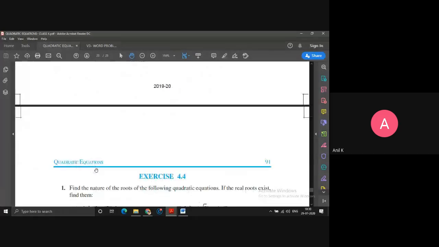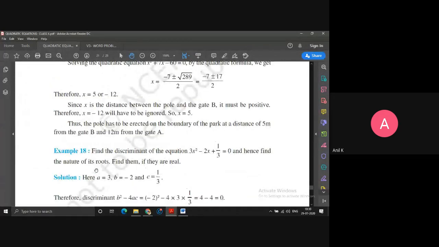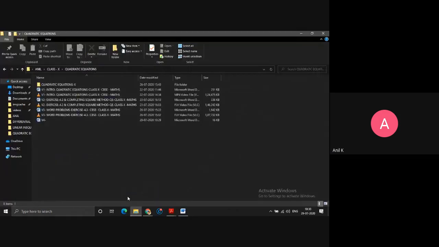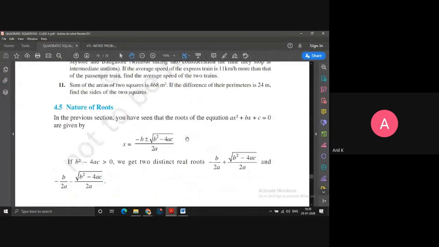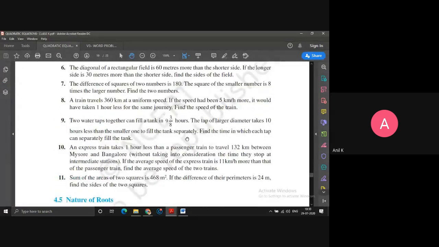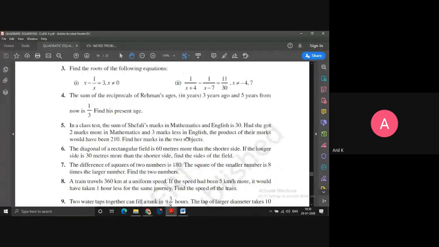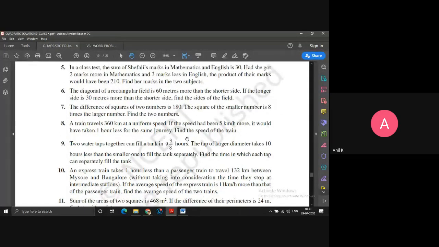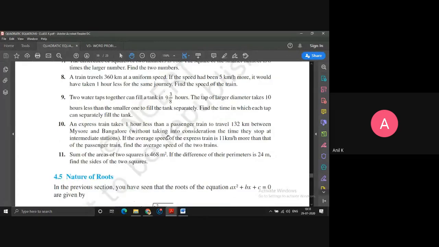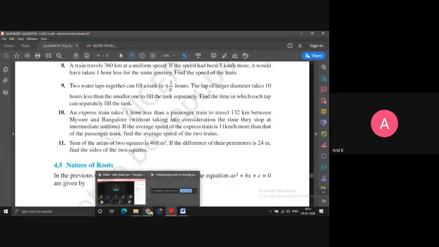Okay, so this is how we officially finish the quadratic equation chapter. I think we have taken 3 or 4 classes. This is the 4th class for quadratic equation. In the deleted portion of the quadratic equation chapter, I think they mentioned that word problems are not important. So what I suggest, just let me explain the purpose. If by mistake they put any question, then you must be able to solve it. So whatever the exercise questions you have and whatever the types of questions I mentioned, you can solve those.